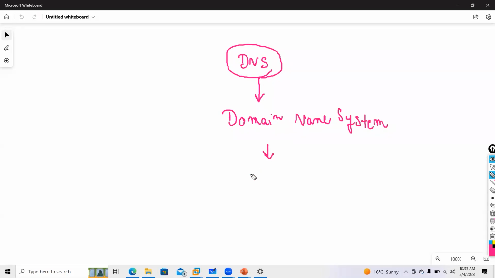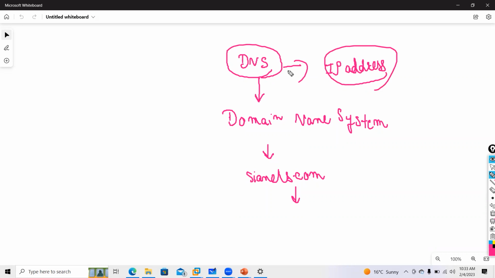When you access any website, let's say cnets.com, what is the first thing you will come to know in your browser? When you access cnets.com, why did DNS come into the picture? First of all, because guys, you cannot remember the IP address for all websites.